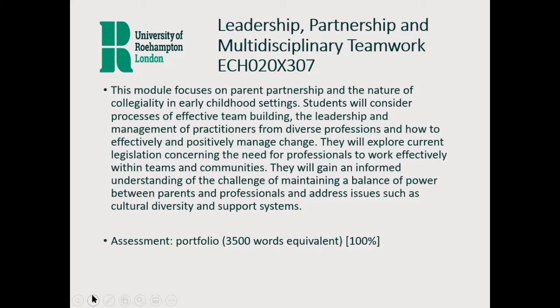Leadership, partnership, and multidisciplinary teamwork. This is where we bring together two really key aspects of early childhood practice. So focusing on the key importance of parent partnership and also the key importance of your roles as leaders in the early years workforce, whether that's in a formal leadership role or a more informal sense. So we'll be focusing on different ways of thinking about leadership and looking at